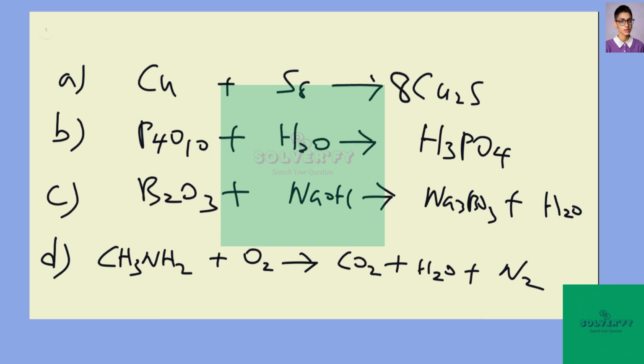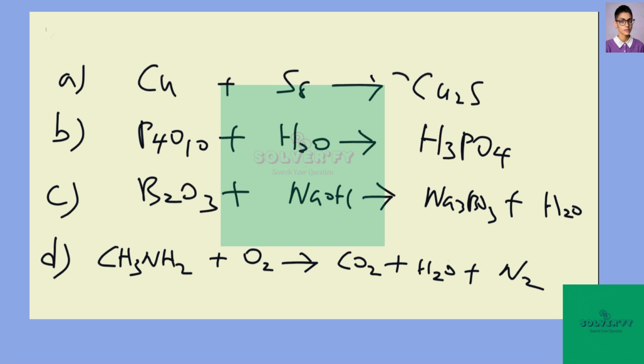On the right we have Cu2S, on the left we have Cu and S8. You can see that we have more sulfur than copper. For each sulfur on the right, we need 2 copper. So we have 8 of them. Therefore, we will need